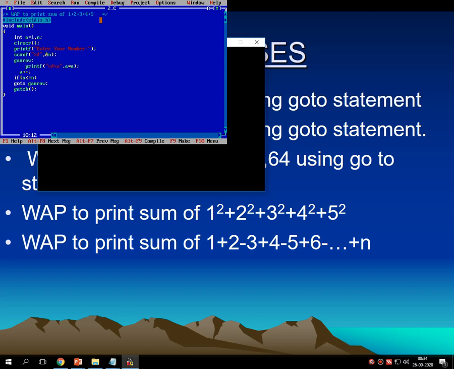So I have to do one change over here. First I am making this thing a comment. Then here I have to take one variable called sum that I have to initialize to 0. Why am I initializing sum to 0? Because sum will be done of two numbers. Minimum two numbers we require to perform the sum, that is addition. So here I am writing sum equals sum plus a into a, that is a square.